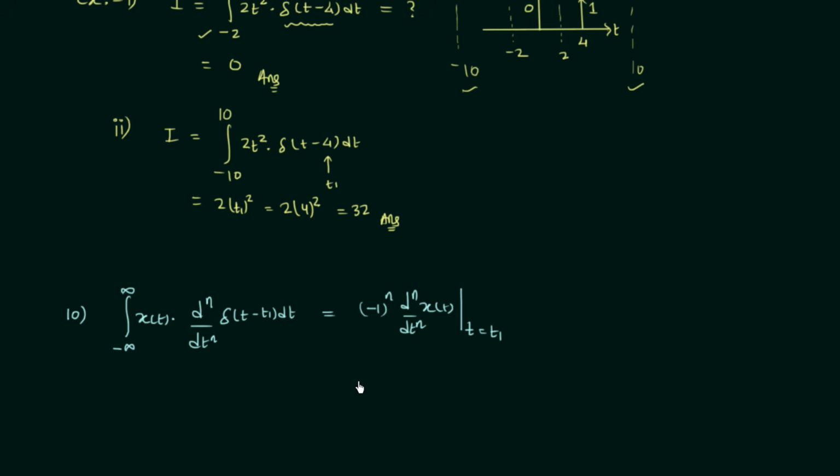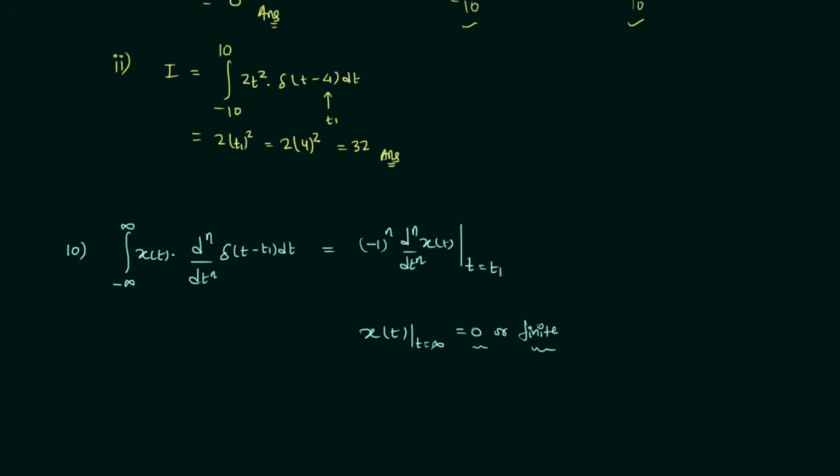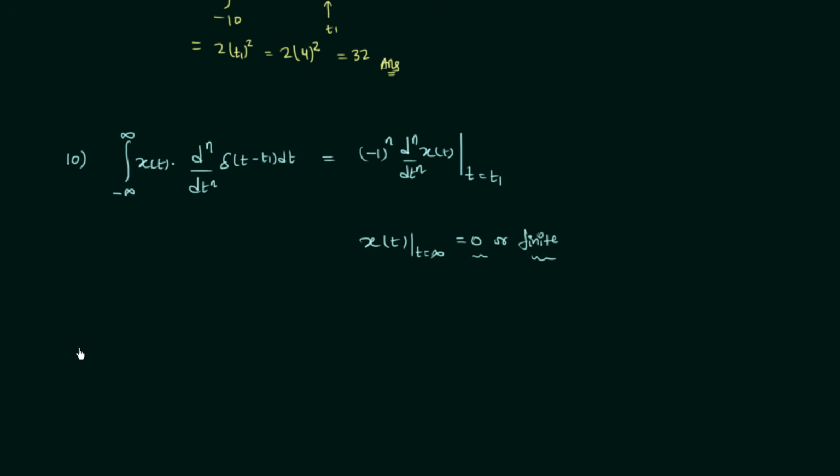This property is only applicable when signal xt, when t is infinity, is equal to 0 or finite. So when you put t equal to infinity in signal xt, it should be 0 or it should be some finite value. When this condition is true, we can use this property, and now we will solve one question based on this property. In this question, the integration I is given, and it is integration from minus infinity to infinity of cos pi t multiplied with the second derivative of